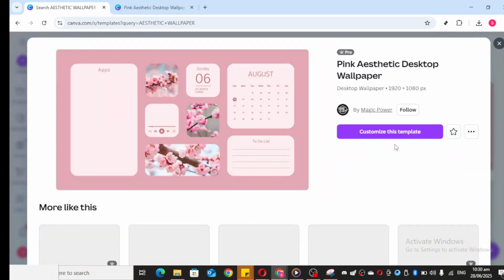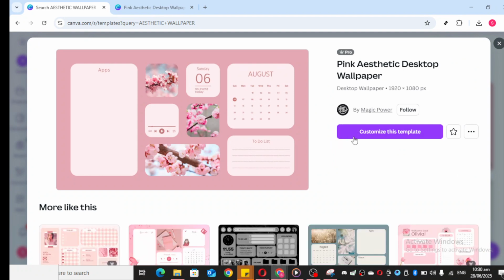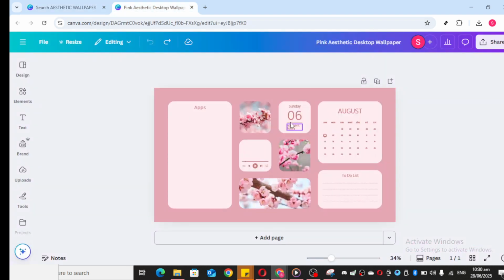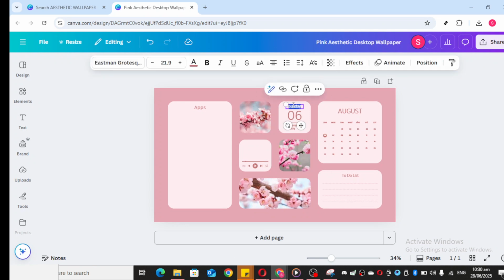Now comes the fun part. Once you've opened your chosen template, you'll see the option to customize a template. Do not hesitate to make it your very own. You might want to start by editing the text, making sure it conveys the message or mood you're aiming to reflect. Feel free to play around with the color scheme, ensuring it complements your sentiment and vibe. Editing the colors can really change the feel of your wallpaper, making it more vibrant, soothing, or dramatic, depending on